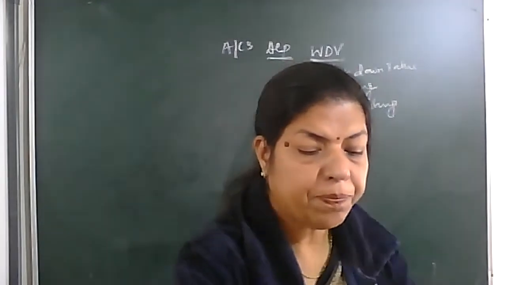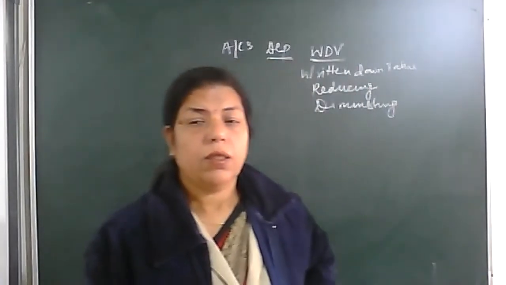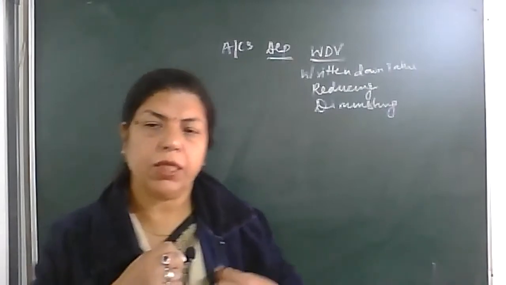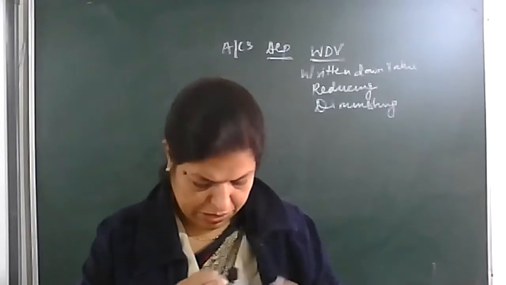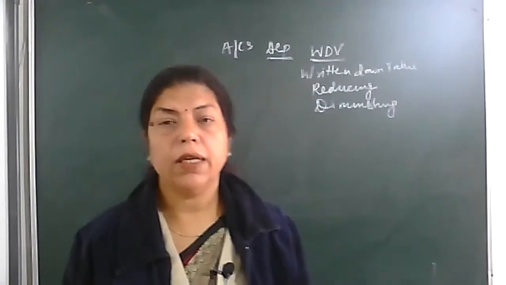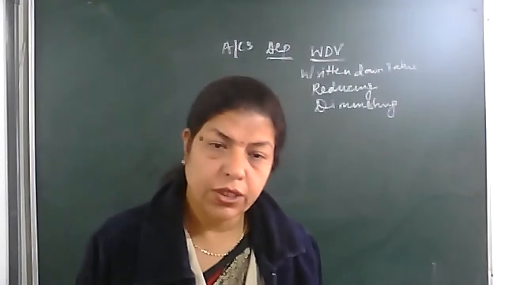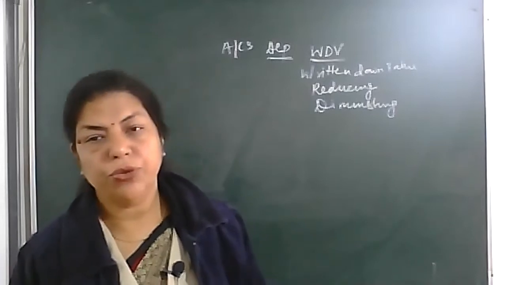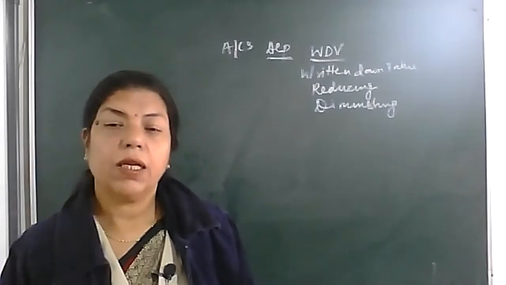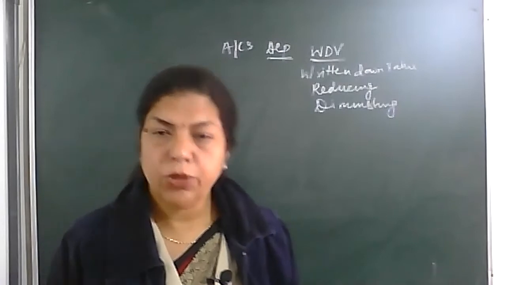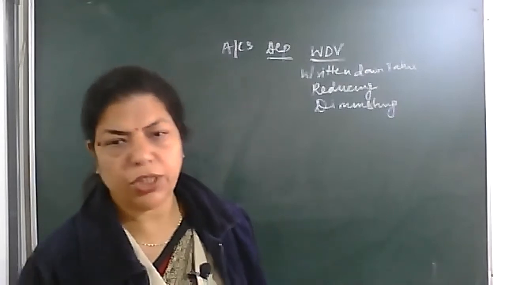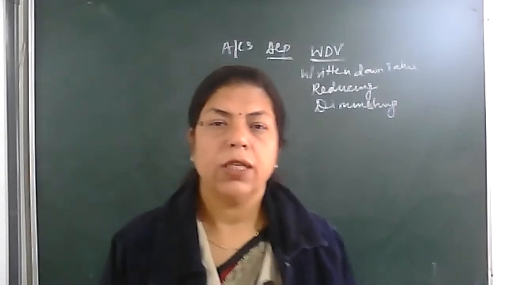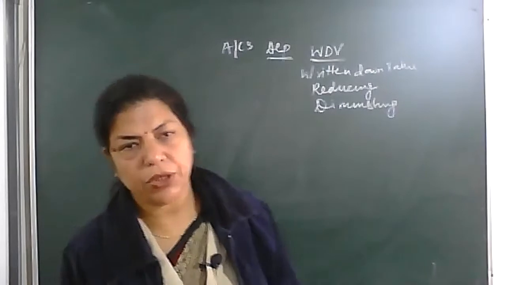Any method we can use, but the written down value method is acceptable by income tax authorities in India. So it is always advisable to use the WDV method. Now, how to calculate the WDV method's depreciation? Today I am going to explain. You can write the different names. Now, note down one question.